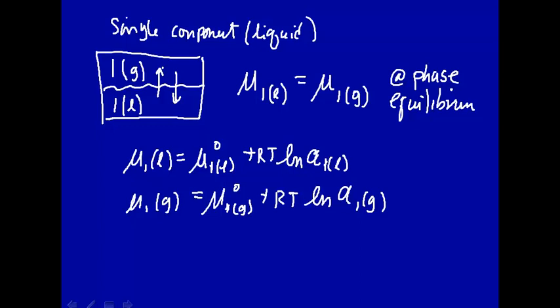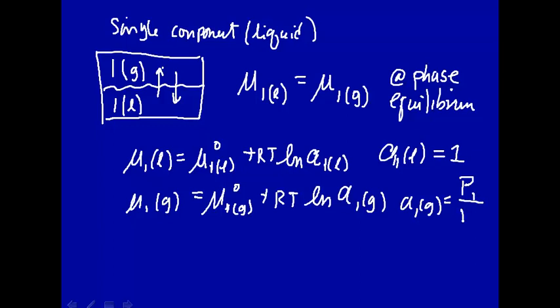All right, now as we said, for condensed phases such as water liquid or water solid, for solids and liquids, the activity of the condensed phase, if we're just looking at the liquid, that's a condensed phase, and we have a single component, so it's pure. The activity of the liquid phase, in this particular case, will be equal to 1. And the activity of component 1 in the gas phase will be equal to the pressure in the gas phase